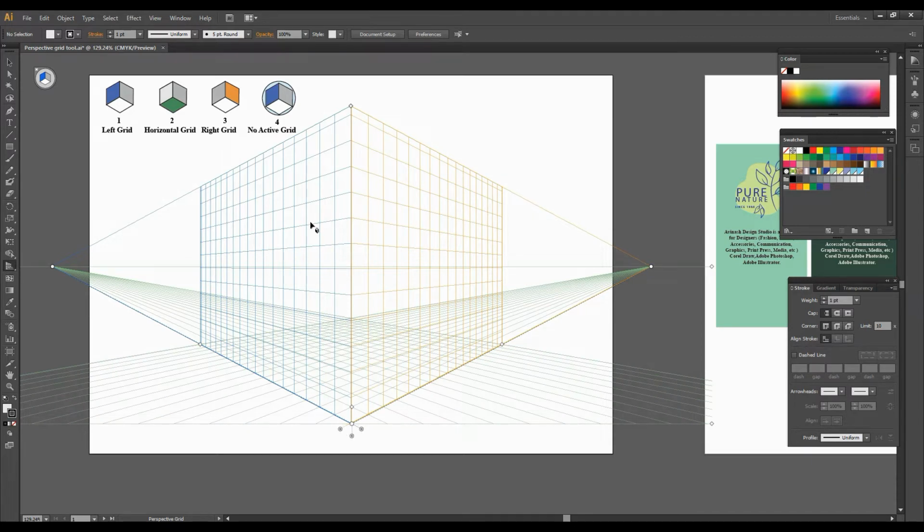Now we'll start off the basic and shortcut key of perspective grid tool. First we go to this, there is a three view. Here is the three color, blue, orange and green. Here is also three color denoting. First is blue is showing. Again we click on the down horizontal grid, it shows the green color,